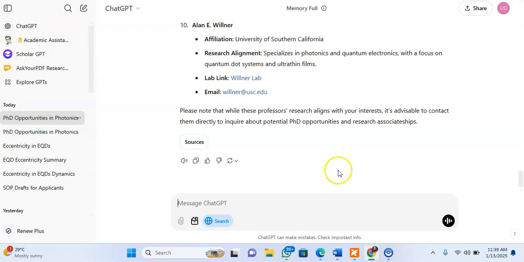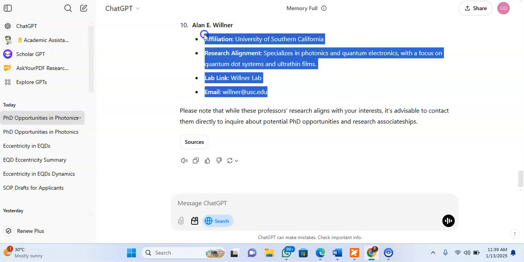It's actually telling you, oh, this is what the professor specializes in. This is how your research area aligns, and with that beautiful information, you can begin to draft your cold email instead of spending so long a time trying to put your